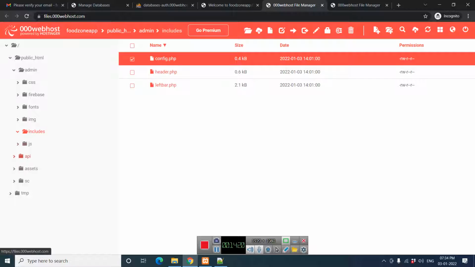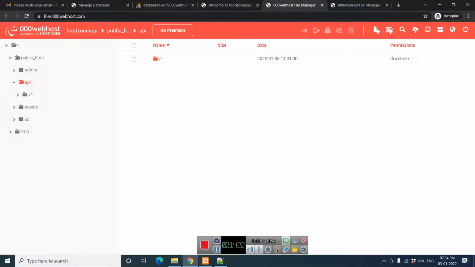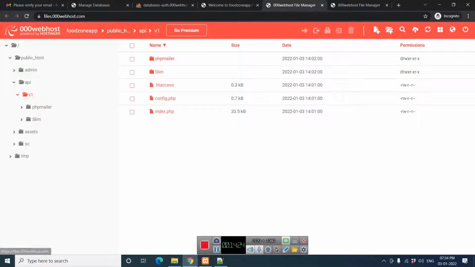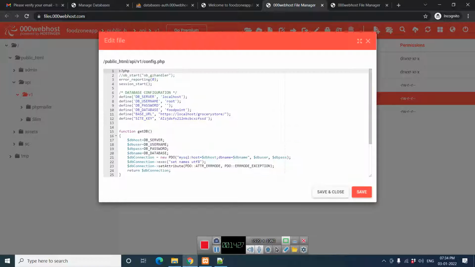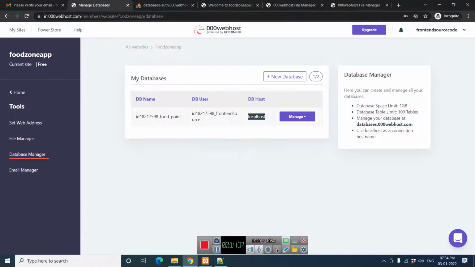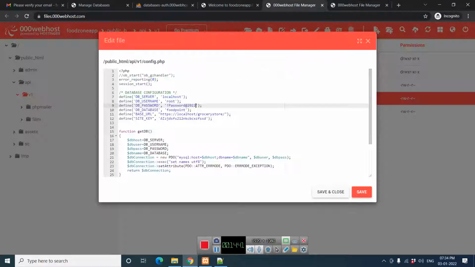Then we'll go to the api part again. In the api there is another configuration file. We have to do the same thing. Localhost, and instead of root, we are going to use the username and password, and save the password. We'll check the db name, copy and paste it here. Database name.